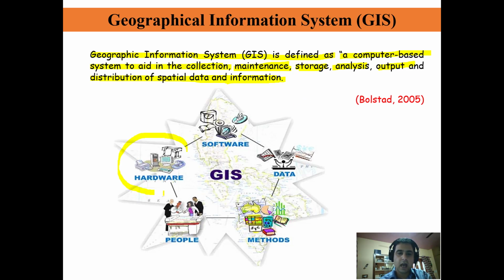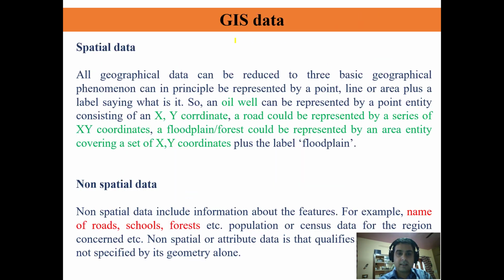What is GIS going to require? It requires hardware, it requires the software, it requires the satellite data as well as the ancillary data. It requires people who know how to run software on a given hardware, and who know the different kinds of methods, the different kinds of algorithms, the different kinds of relationships that they are going to use in generating the output. Now in GIS there are two types of data which I talked about earlier in the previous slide. Satellite data,